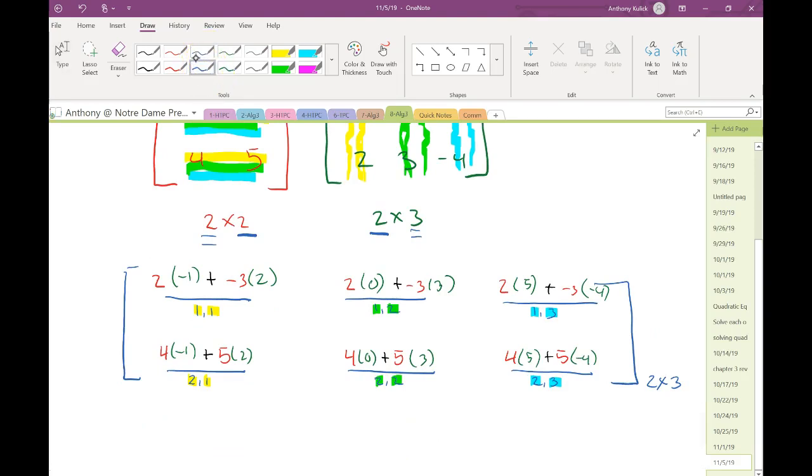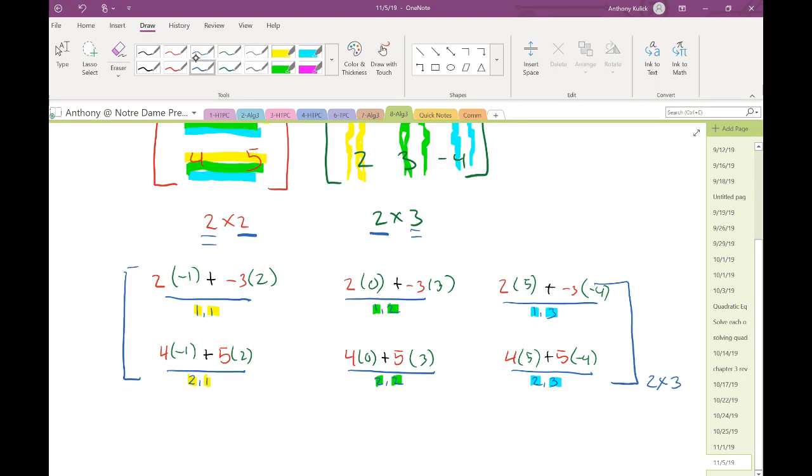So on your test or quiz, I would expect to see this as an intermediate step. This would be the only intermediate step that I would need to see, but I would need to see this to make sure that I know that you know how to do this matrix multiplication process. From here, we're just going to multiply out each one of these little multiplication problems and add them together to